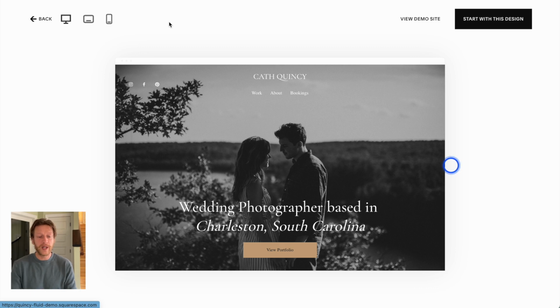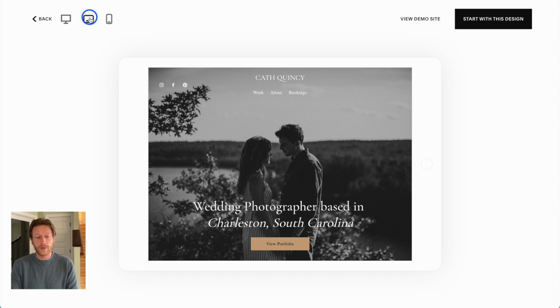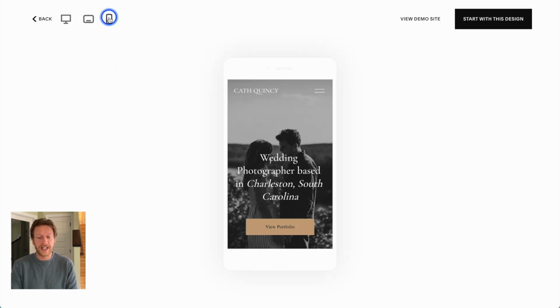And the great thing with Squarespace and most website builders these days is they're responsive. That's what it looks like on a tablet. That's what it looks like on a smartphone. So Squarespace is great if you're looking for that middle option where you want things to be drag and drop. You want templates. You want it to be easy to use. The learning curve isn't that steep, but it has a little bit more complexity than a one-page website builder like